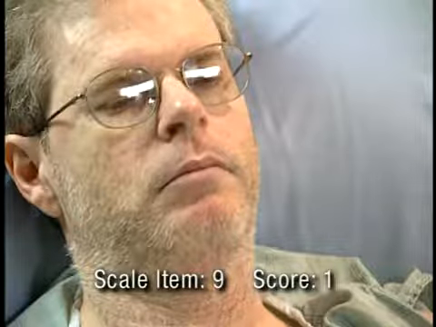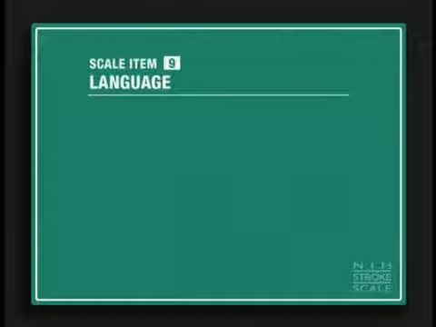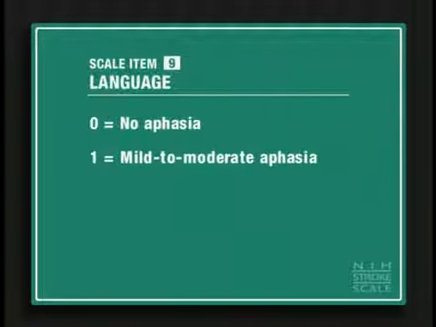For scale item 9, this patient scored a 1. Let's look at how this scale item is scored. Score a 0 if there is no aphasia. Score a 1 for mild to moderate aphasia, evidenced by some obvious loss of fluency or facility of comprehension, but no significant limitation on ideas expressed or form of reductions. A limited reduction will still allow you, as the examiner, to identify the picture or naming card content from the